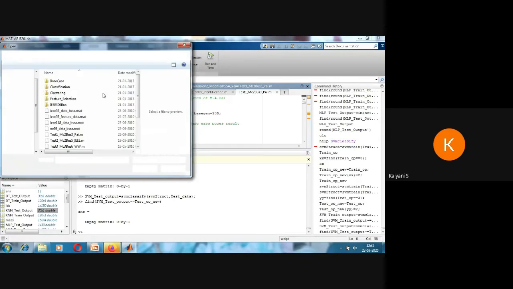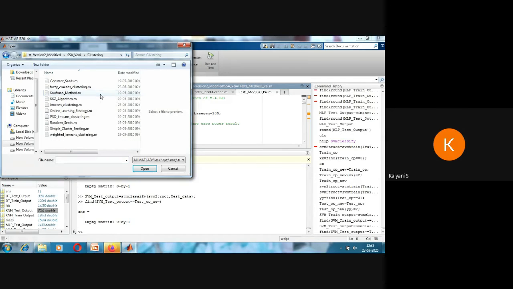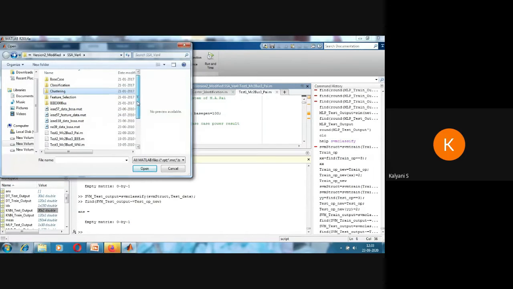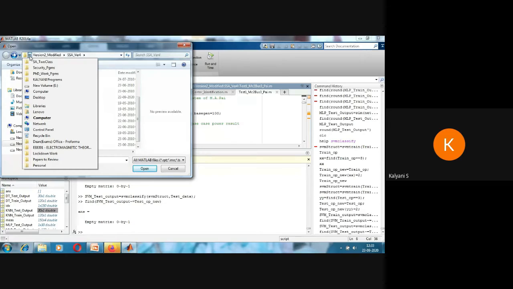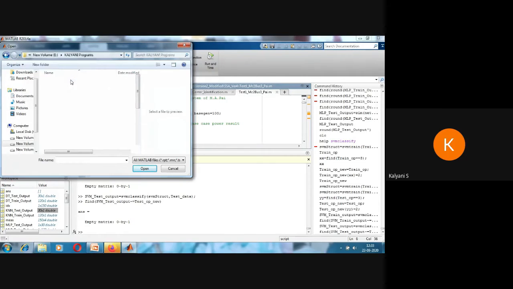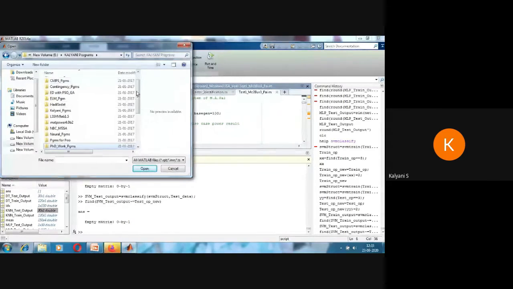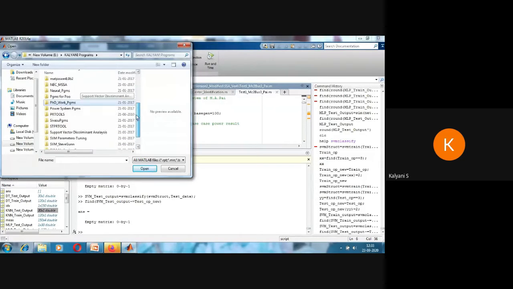The last one is k-means. For that, I will directly show you the program. These are all the programs which I wrote during my PhD.